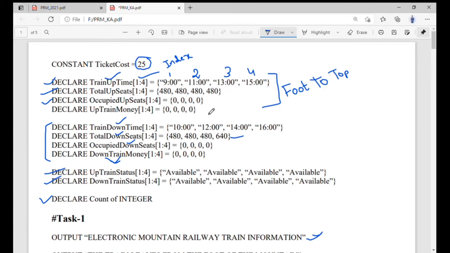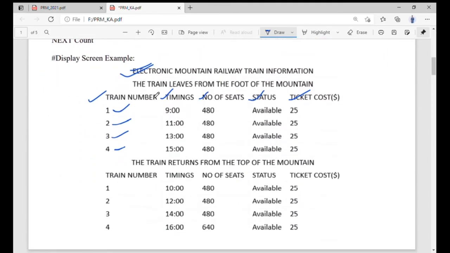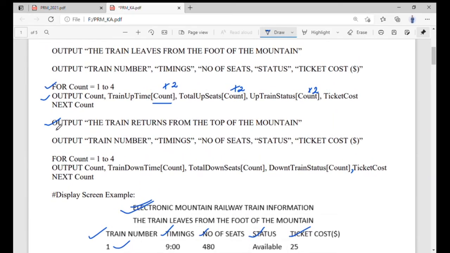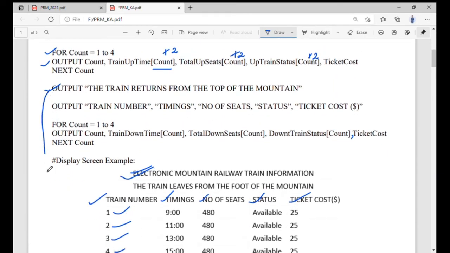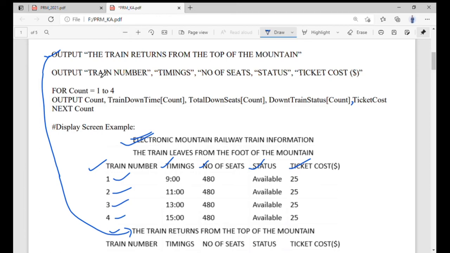Now in task 1 we have to display the screen, because we already fed our information. Now we only have to show it. So again, showing for the foot of the mountain. And another heading we make like this heading. This is the link of the second heading. See, they are both the same headings.